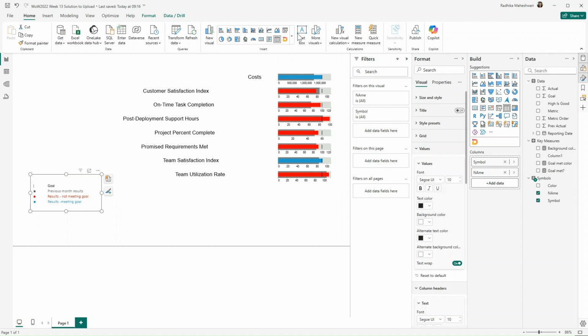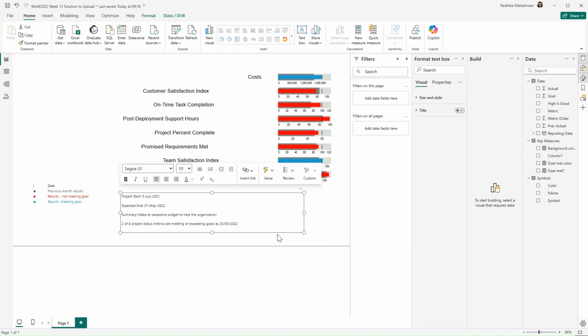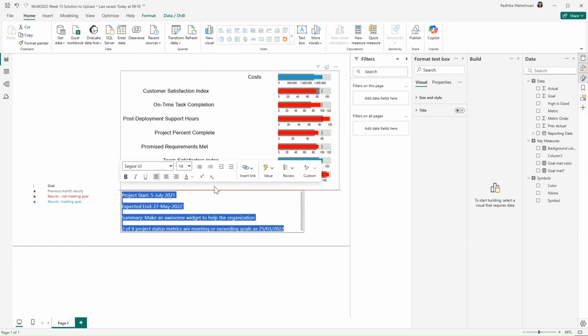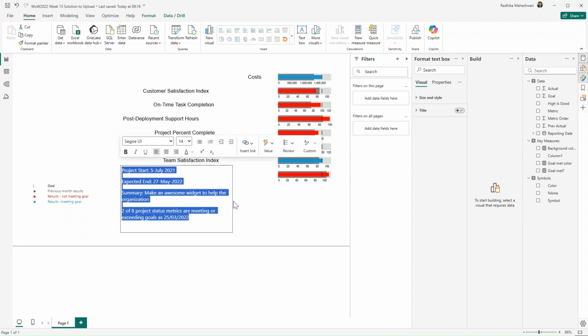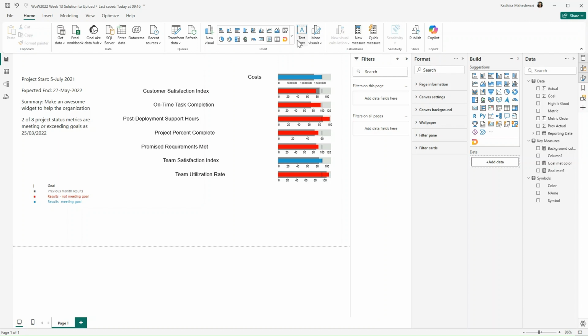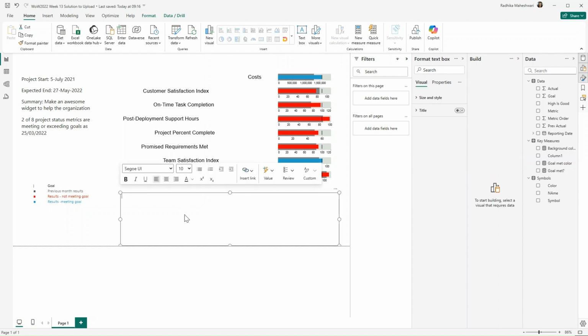Lastly, we can add a text box at the top, and I can just format this. So let's just increase the size to 14. And then we can get a text box at the top which says Project X status summary.